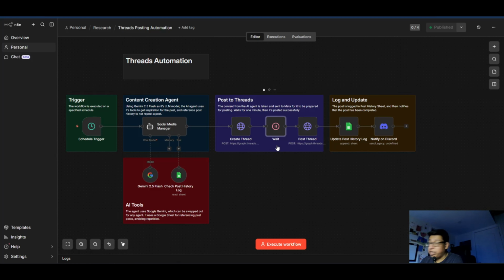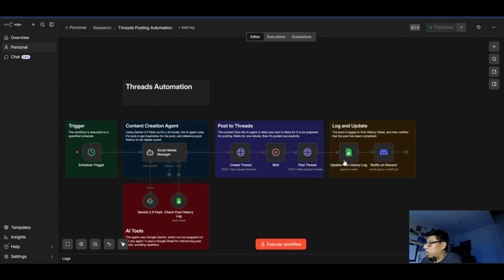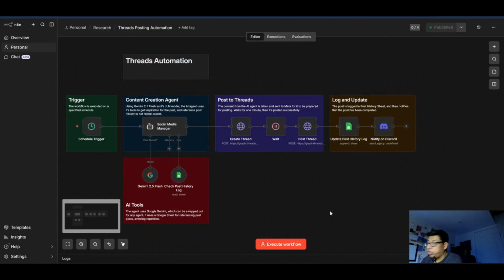Just wait 60 seconds. And then once the creation ID is created, only then it gets sent off to here. And by the time 1 minute passes, this can see it and then sees your post, and then it knows what to post to your Threads account. And then finally right here, this is just updating the log like I mentioned earlier. So once you have the post created, it updates it right here so it doesn't get repeated again,